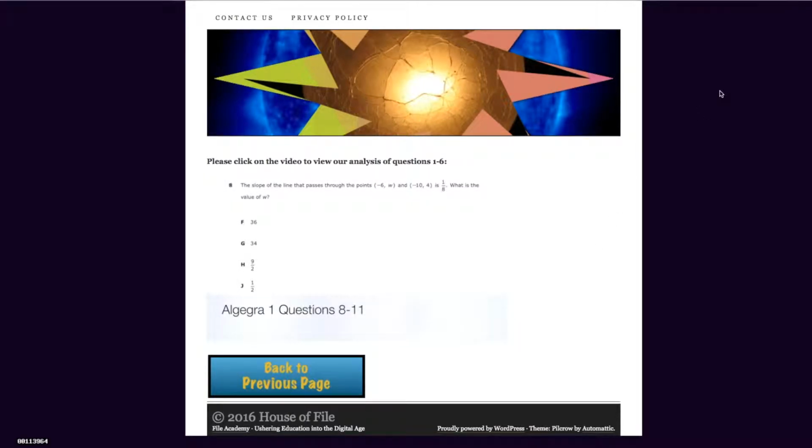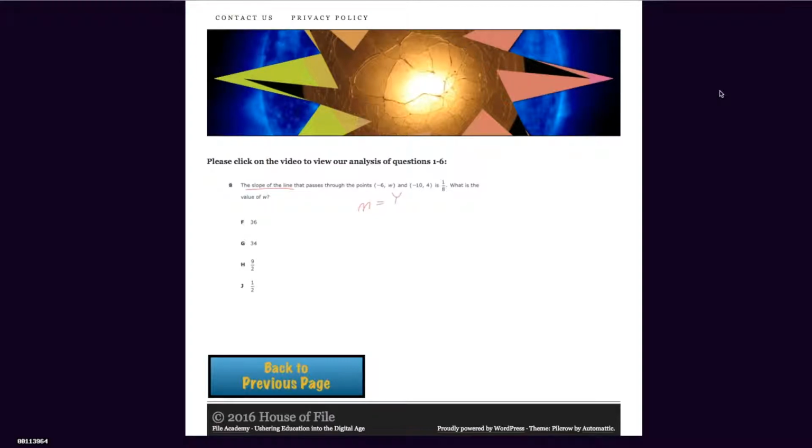Question number 8. The slope of a line that passes through the points (-6, W) and (-10, 4) is 1/8. What is the value of W? Here we are again, plug and play, and we're looking for the slope of a line. So to find the slope, you need the formula for the slope of a line, and fortunately, that is in your formula chart. So you go to your reference materials, and you will see that the slope, which is m,